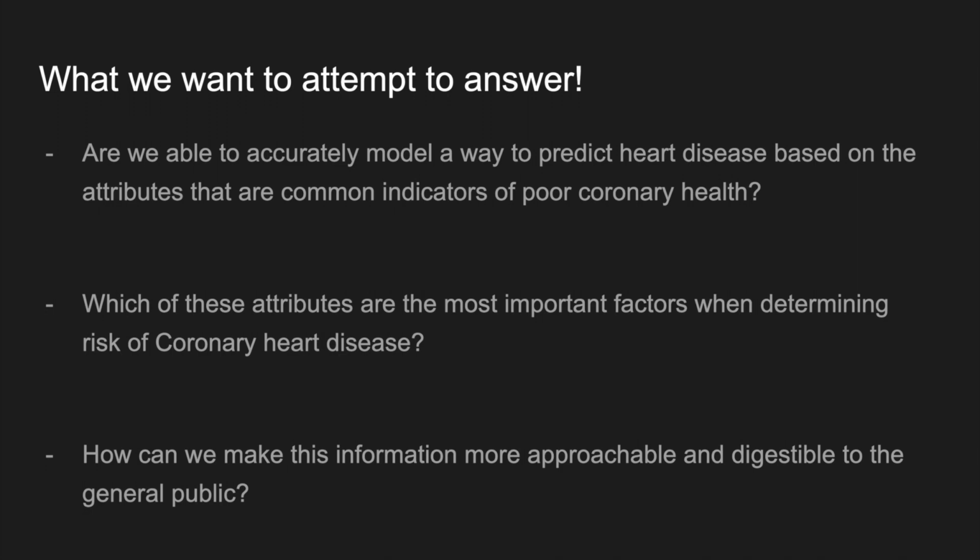The first one: are we able to accurately model a way to predict heart disease based on the attributes that are common indicators of poor coronary health? This goal was pretty straightforward and helped guide the path of the project. It required us to use different models and look at their associated statistics to determine which one would be best suited for our two following goals. One of those being which of these attributes are the most important factors when determining risk of coronary